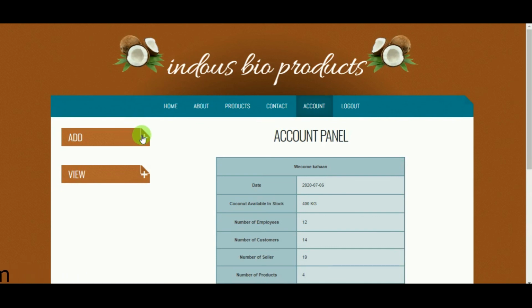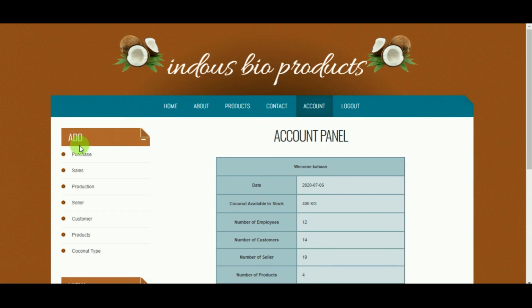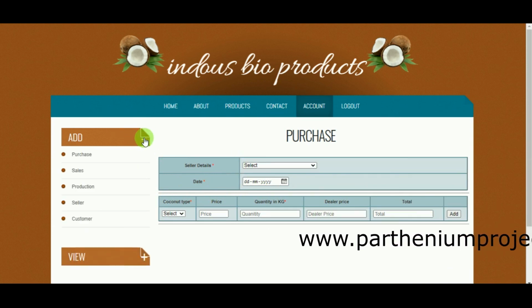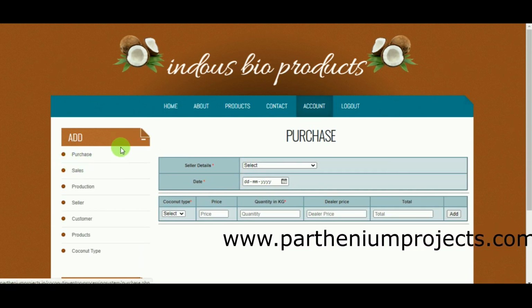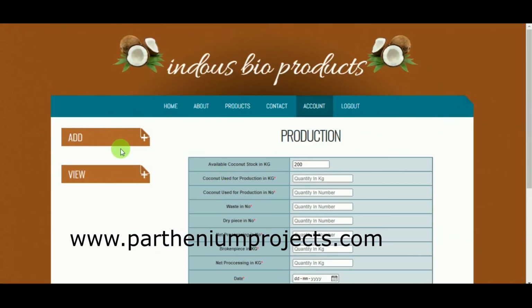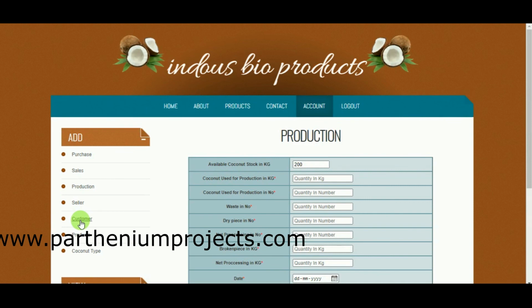Here you have add. Here employee can add a purchase detail. These options I have already explained in admin page. Same thing even here you have. Then you have sales. Next you have production. Next you have customer.